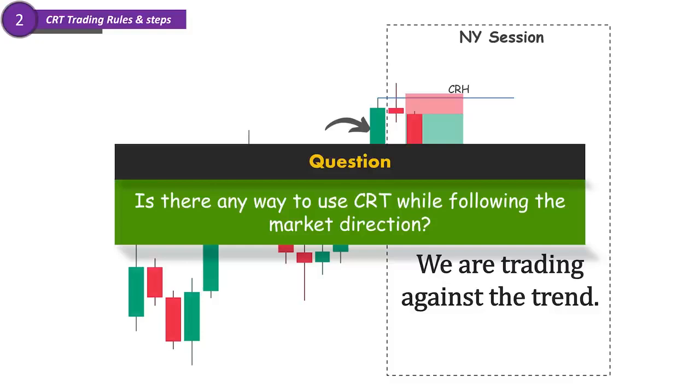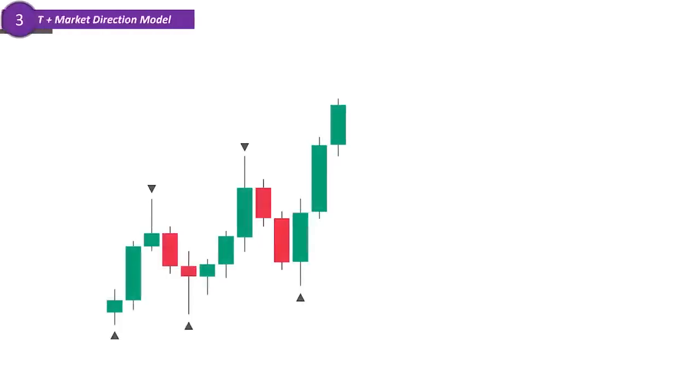We have developed a trading setup that works with the trend and still follows the CRT idea. Let me show you how it works. First, we want to see a market that is clearly trending up or down. Then we wait for a correction, because that gives us a better price to enter and a safe place to